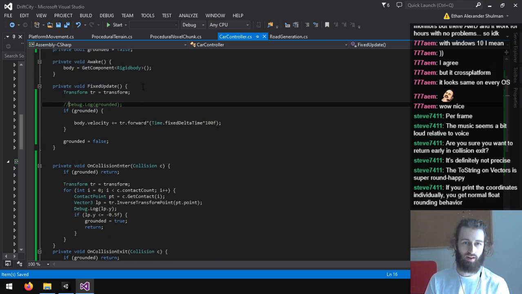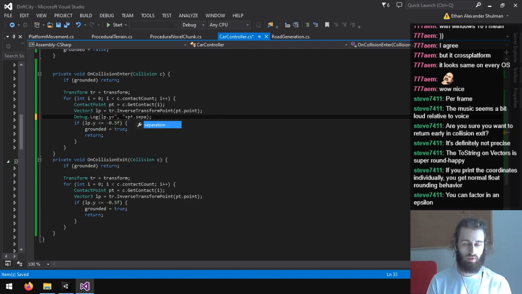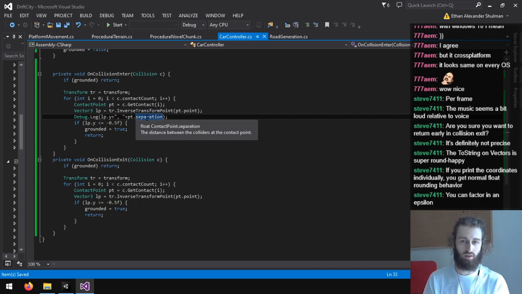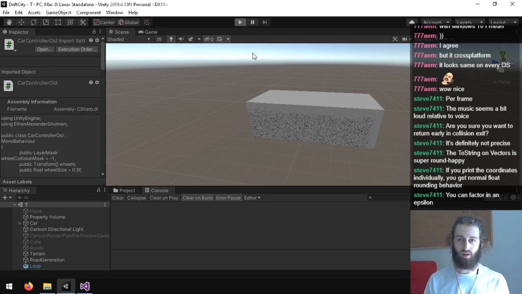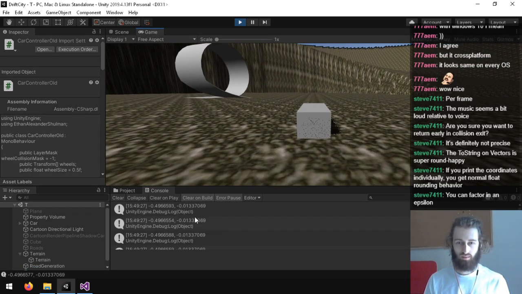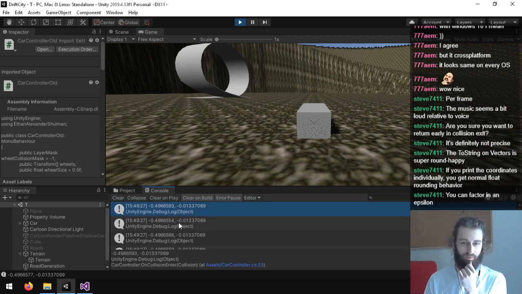So I wonder if that is equal to the separation. How does that y coordinate change depending on the separation? Factor in an epsilon. Yeah, but that is nowhere close to the epsilon of floating point precision. I think it's based off the separation of the collisions here. But if it's unpredictable, I'm really hoping it's not unpredictable. Oh yeah, I think it's based off the separation. So we should be able to check this based off the separation.